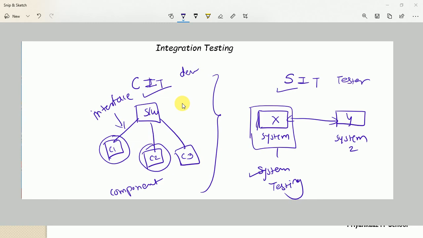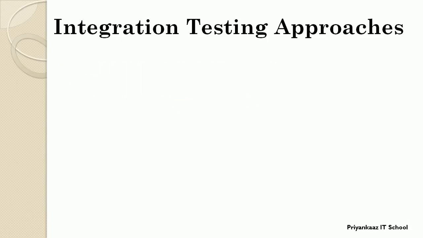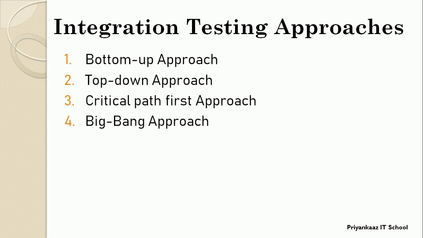Now let's see the next topic we need to understand. Next is integration testing approaches. Integration testing can be performed at two different levels, component or system integration level, so we need to understand integration testing approaches. These approaches are actually development approaches, because both developer and tester can follow them while doing component and system integration testing, and that's the reason they are called integration testing approaches. Originally, these are from development approaches.